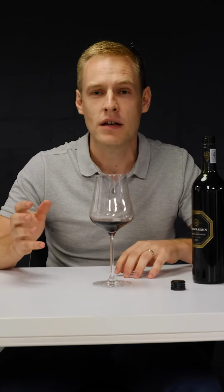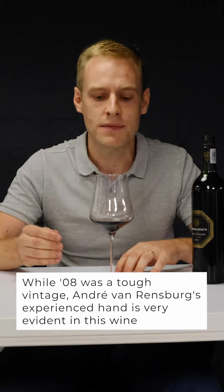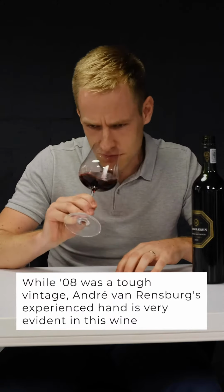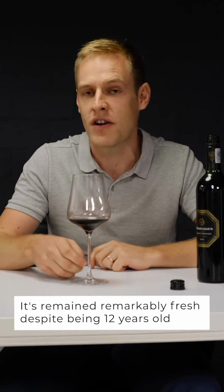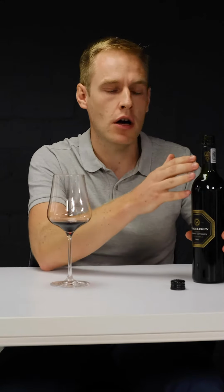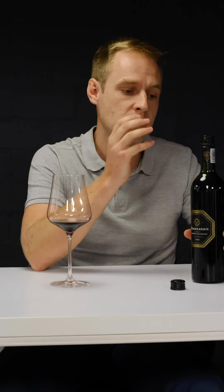2008 at the time was seen as a rather tough vintage, but this wine is so generous up front, offers a lot of red fruit, but at the same time a lot of freshness at the back that just ties the wine together very nicely. So you'll note that on this wine, this is not a cork closure, this is screw